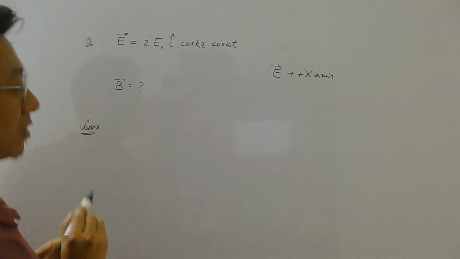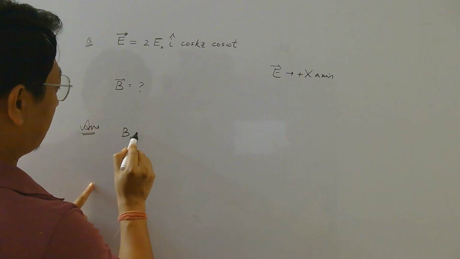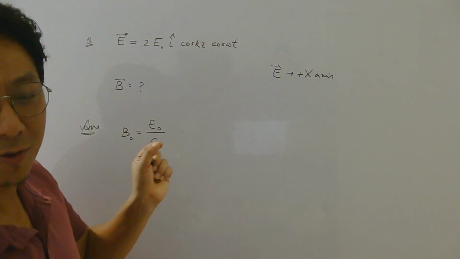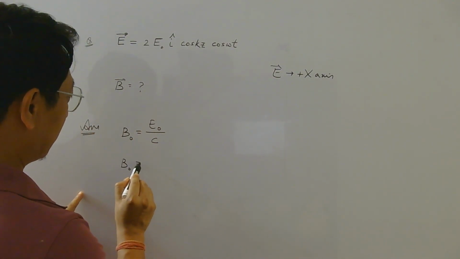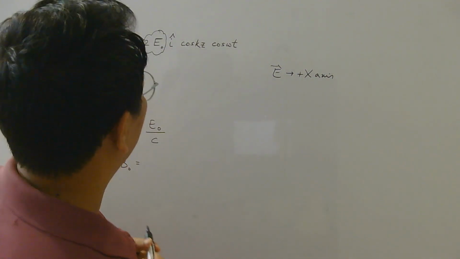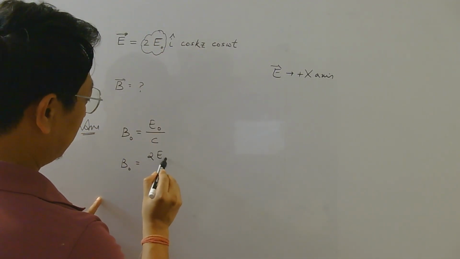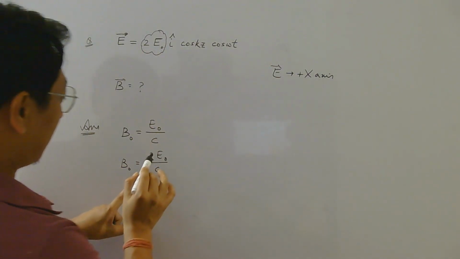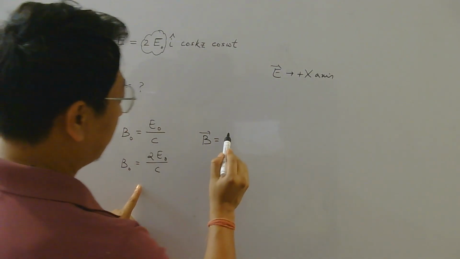Now, sometimes students do this in this way. They say that peak value of magnetic field and electric field are related by this formula, B naught equals E naught by C. So the peak value of magnetic field in this question, here this is the peak value, right? The maximum value at a given time, at a given position will be 2 E naught. So this E naught should be replaced by 2 E naught, because in this question the peak value is 2 E naught, isn't it? So they think that the magnetic field should have this much peak value,